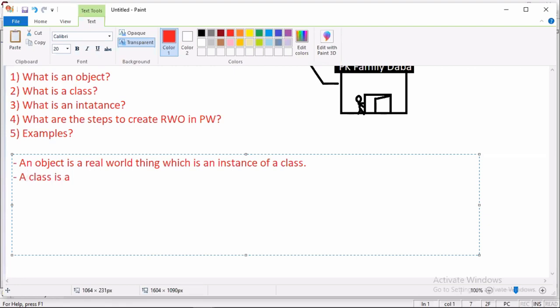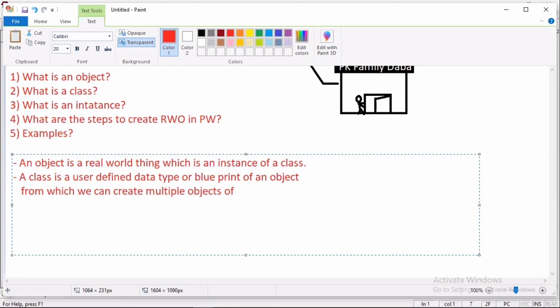A class is a user defined data type, or a blueprint of an object from which we can create multiple objects of the same type.